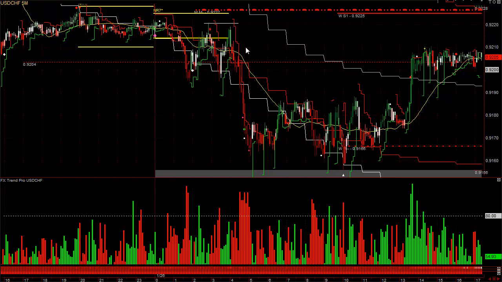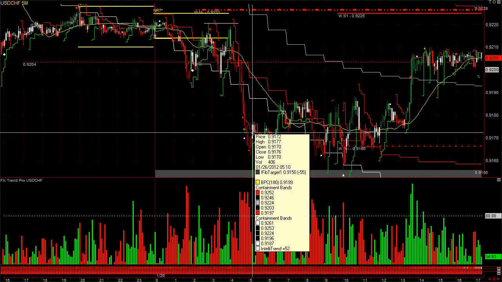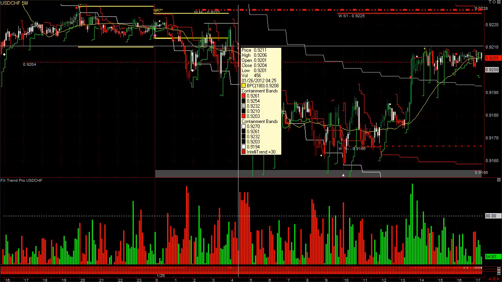And this third trade from here is the one that really paid off. It went down 10, 20, 30, 40, 50 pips. And again, it's way underneath the lower containment band, so when you're watching this on your tick charts or your range charts, any sign of it going up, you probably want to get out of this trade when it goes above these bars high here at 72. You would have been short somewhere around